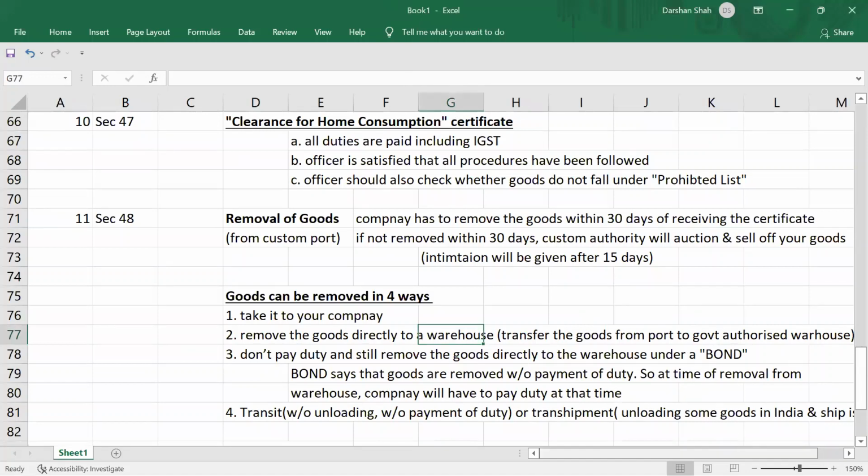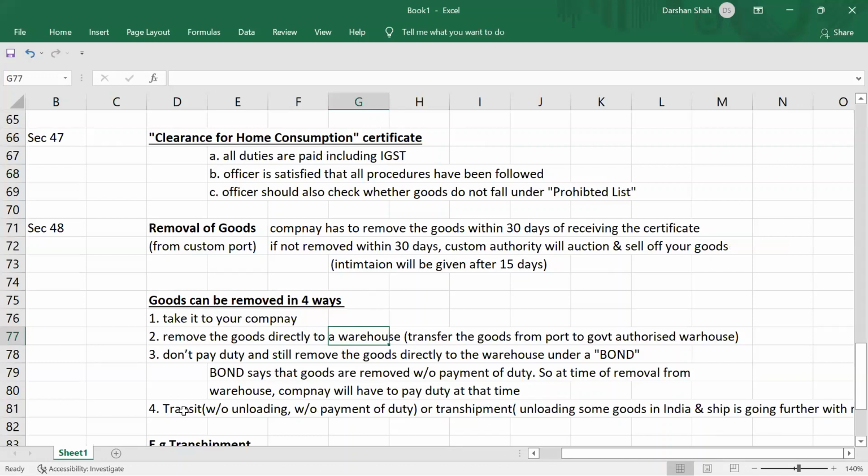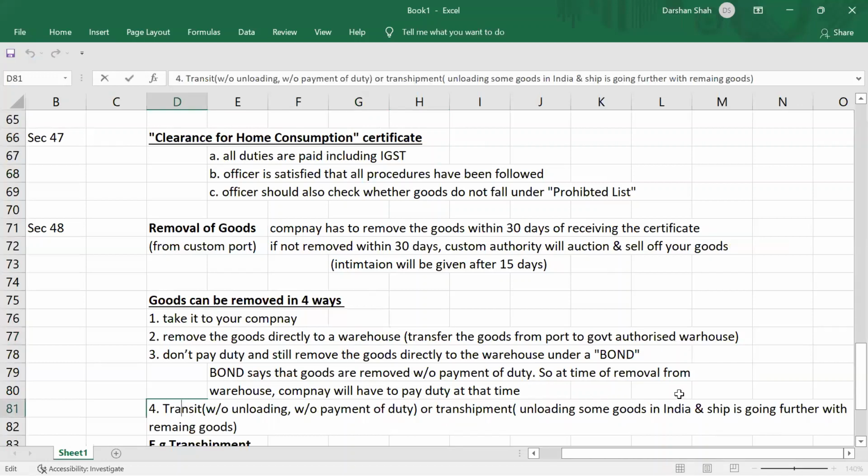Can you zoom out? Okay, sorry. I'll just take it over here now. Unloading the goods and